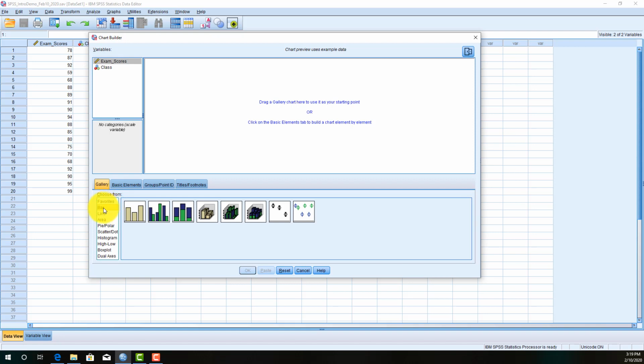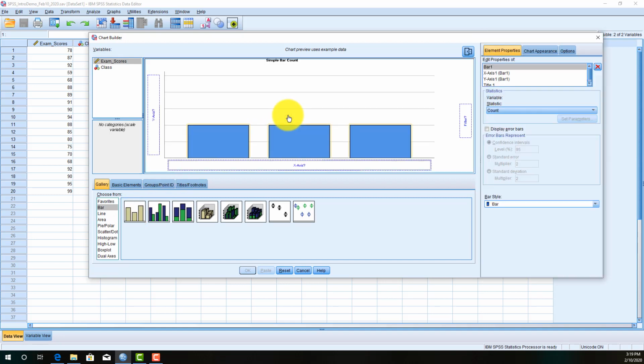So in this case, the goal is to create a bar chart to show the means for our two classes. And so the first thing, we want a simple bar chart. So we're going to click it and we're going to drag it to the workspace. And this should be the first thing that pops up in your workspace to show very basically, hey, you're creating